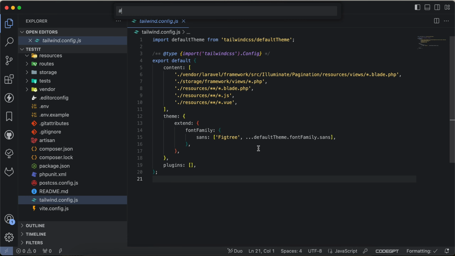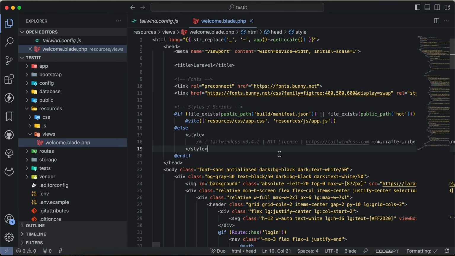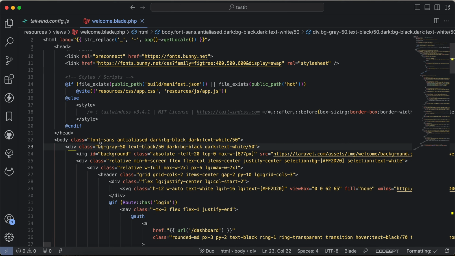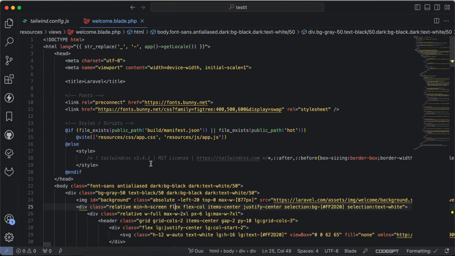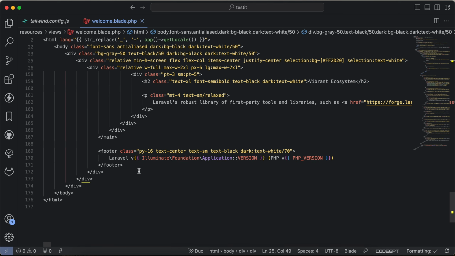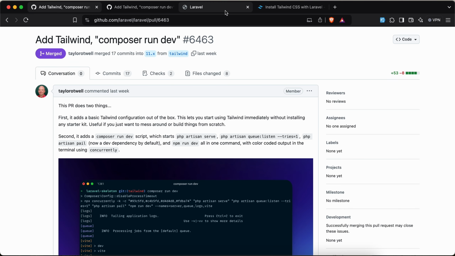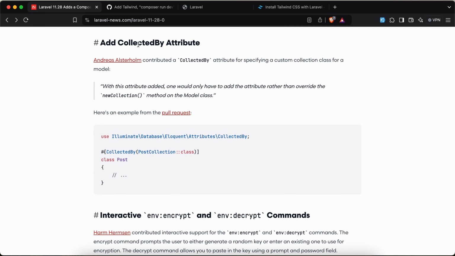And even if we open the welcome blade, yes, as we can see also, it started using Tailwind directly instead of custom long style with CSS. And the second feature added to this version is the CollectedBy attribute. So instead of defining the new collection to specify the model collection, we can make it using the CollectedBy attribute